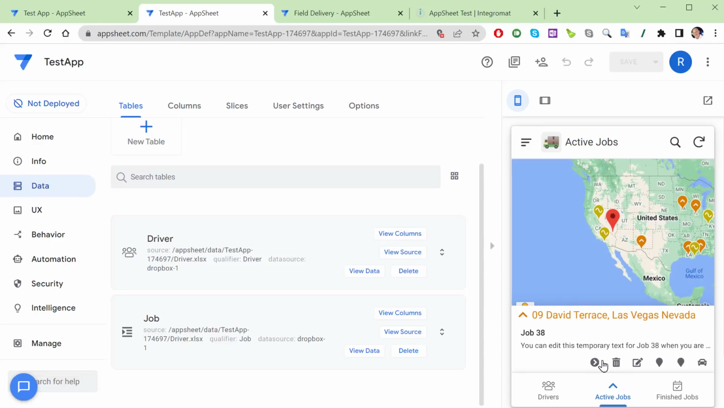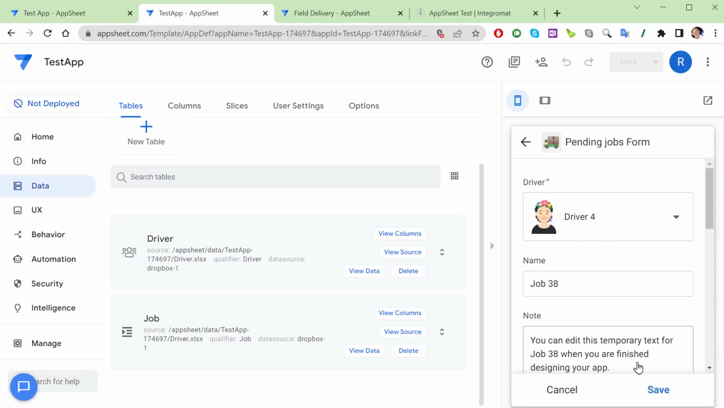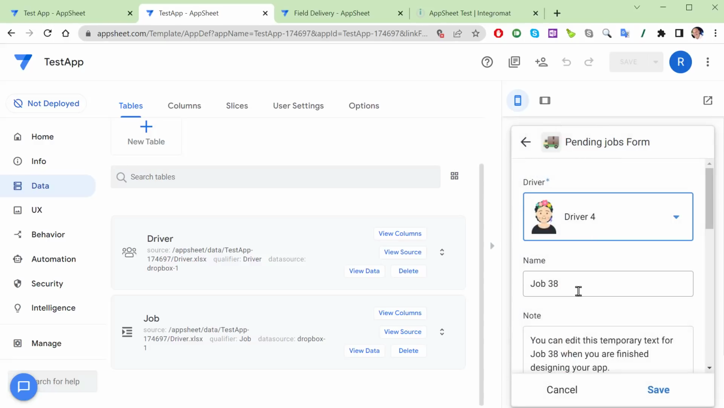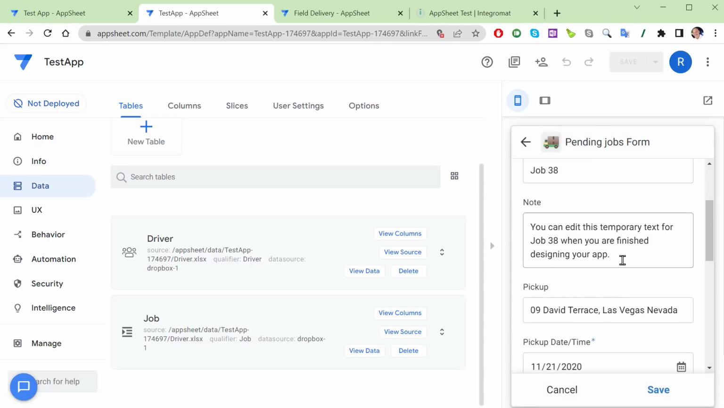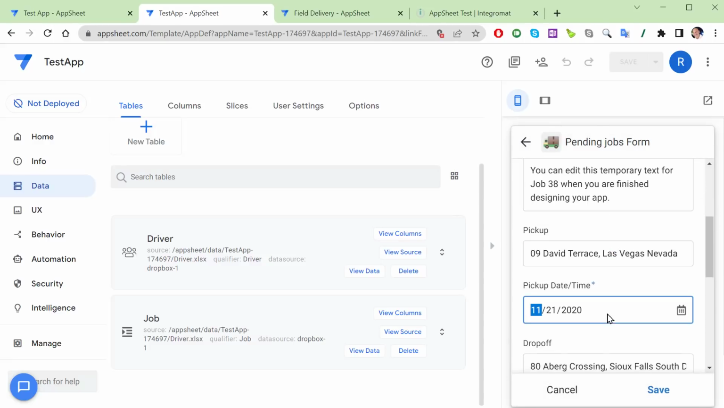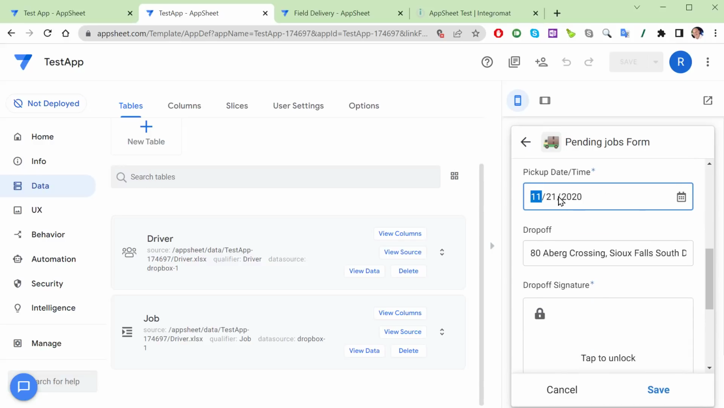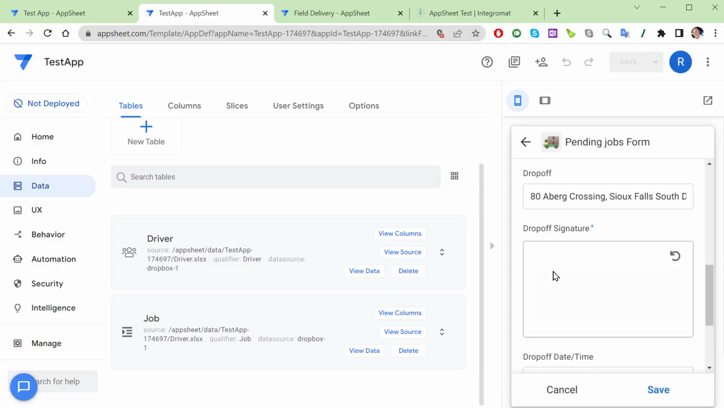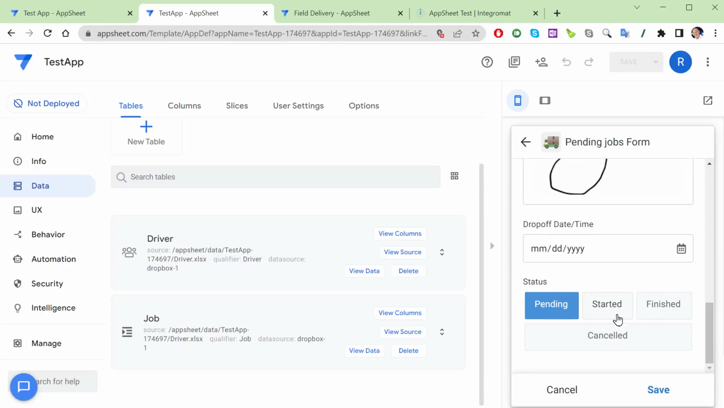We can edit this job, or we can delete the job here. So we're going to edit it. We've got a driver. We can select from different drivers here if we want. We've got a job name. We can click notes. We've got a pickup, delivery, pickup date and time. Now notice it says pickup date and time, but it didn't show that. So we're going to need to customize that. It should have showed a time, but I'm going to show you how to mess it up. Drop off. We'll be able to unclick this, add a signature here, and then also we can set the